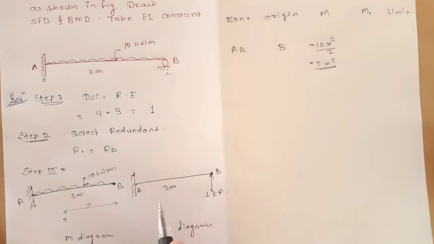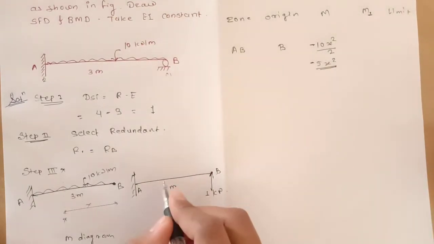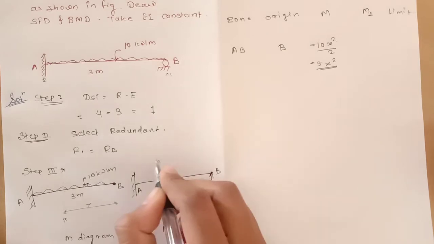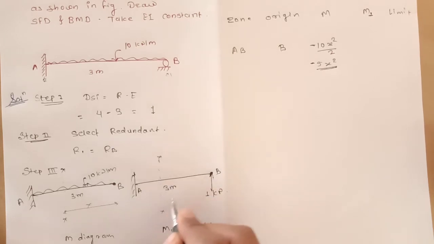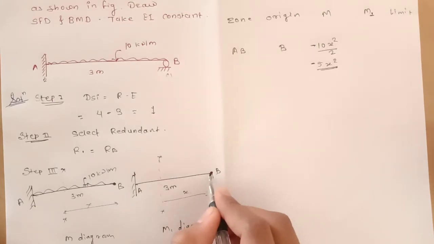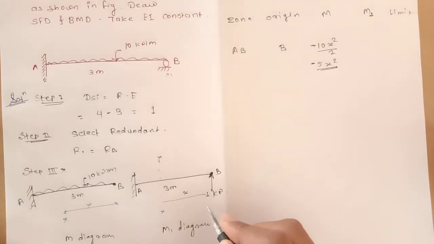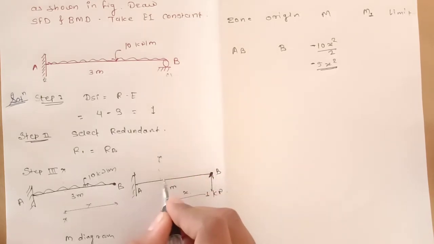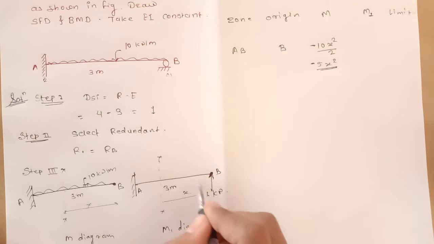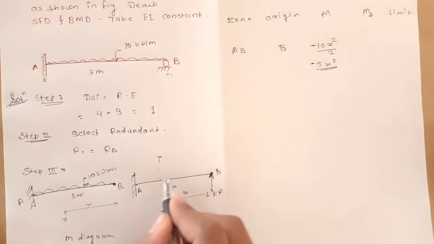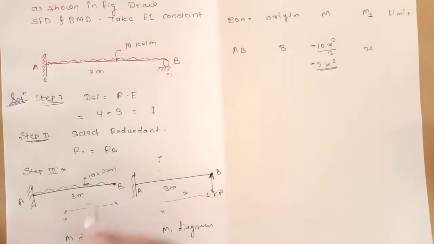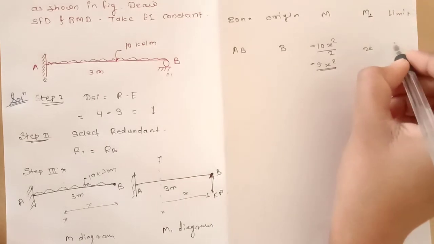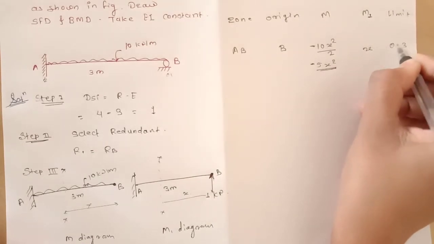Then next, in the M1 diagram, same, first take the x axis. Our origin is B. From point B to the axis the total distance is x meters. Then take the moment. At point B a 1 kN point load acts. This 1 kN is rotating clockwise, so we take a positive sign. So 1 into the distance x is x. Our limit is 0 to L, where L is 3. So the limit is 0 to 3.